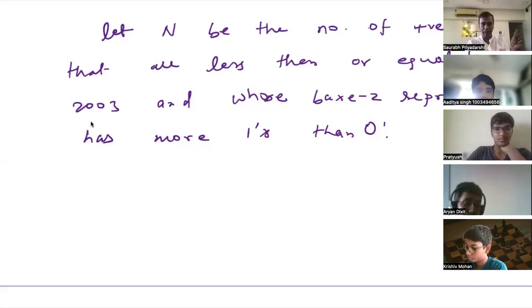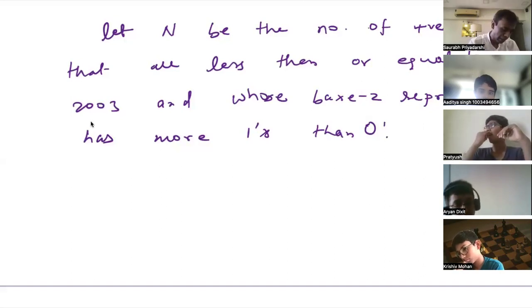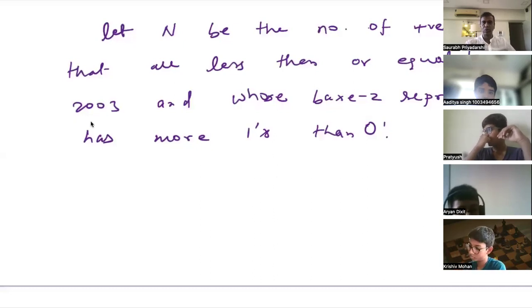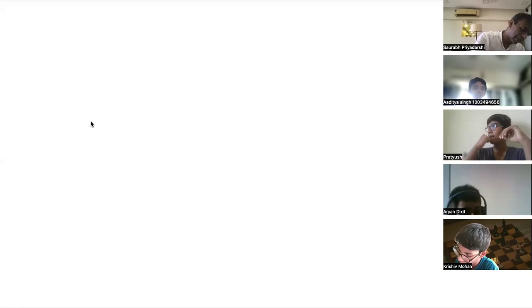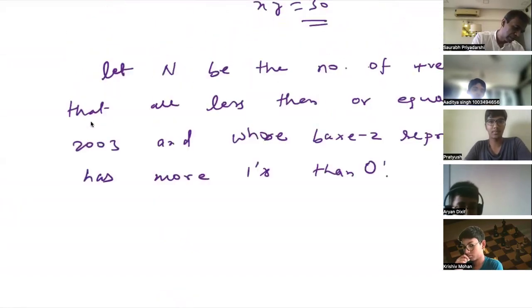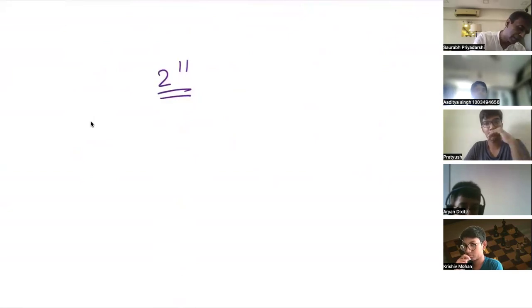How many times are you getting both the numbers the same, the number of zeros and the number of ones the same? In this 111, what you have written, 11 to the power 11, right, 1 0 0 0 zeros. I hope everyone is understanding what I'm saying. This number is obviously very good, 2 to the power 11, less than 2 to the power 11. 44 numbers, 44 na? 2003, and 44 numbers are